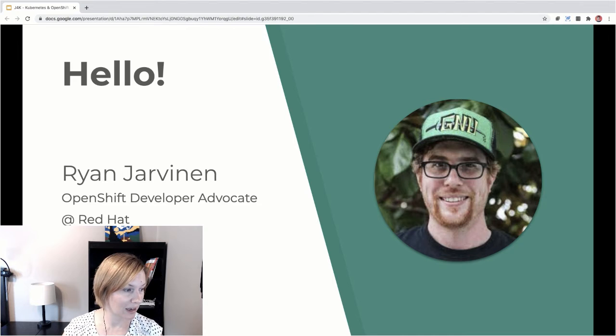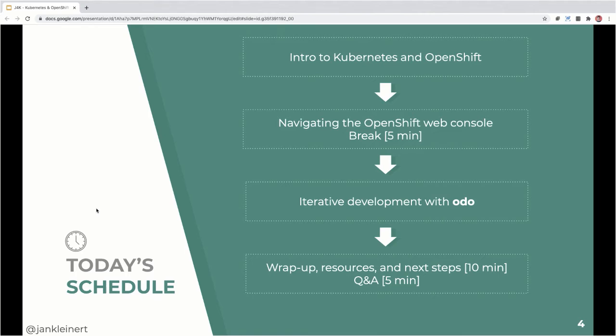I'm going to move out of the way now so that we can look at the agenda. We're going to start initially by making sure that you all get access to our environment where you'll have access to a cluster that you can use for the workshop. Then we'll have an intro to Kubernetes and OpenShift. We'll be spending a lot of time on fundamentals in this first section and working from the command line terminal. Then we'll move over to the OpenShift web console where you'll learn how to navigate as well as deploy applications